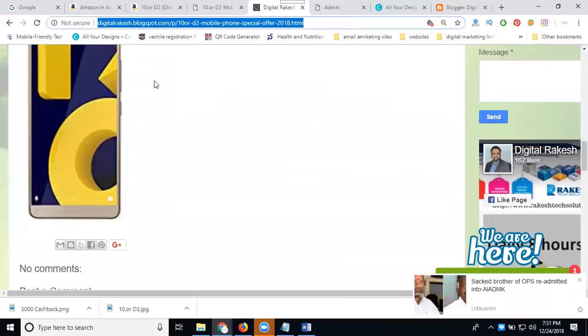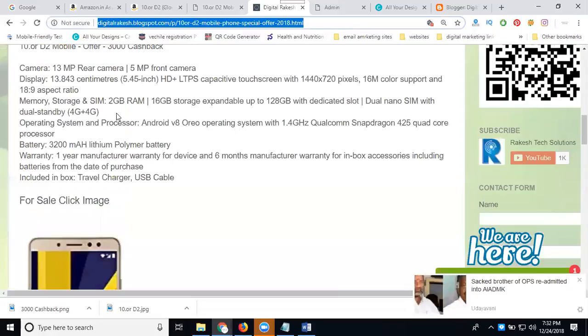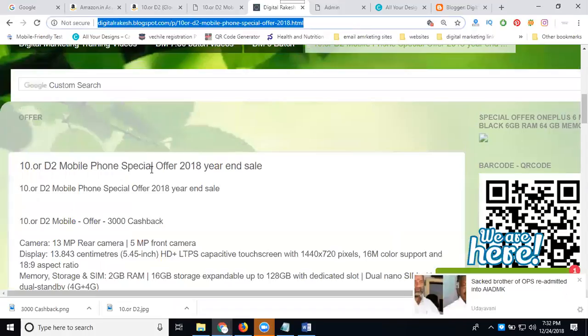You can promote this link on social media and anywhere to promote your content. This is how you add your product on your blogger, or add your affiliate marketing program link. Anything you want to sell through your website or blogger, add it as an image with your content. Text with image is not working when using an ad blocker. Please note this point on your blogger or anywhere. Use only the image with your own image. Here our own image is missing.